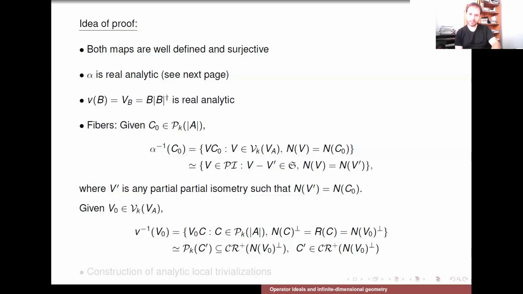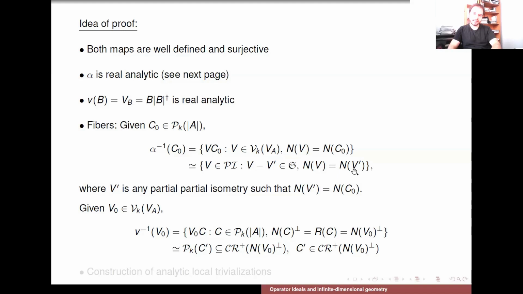Indeed, any partial isometry V prime satisfies these two conditions: that this difference belongs to the ideal, and this condition about the null spaces, with respect to the null space of C0. In our previous lectures, we have studied this set of partial isometries with a fixed partial isometry V prime. We had that this set